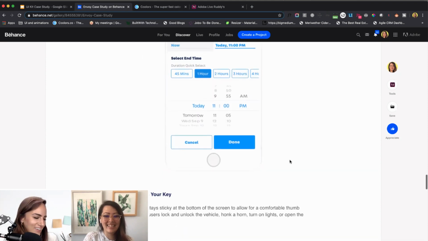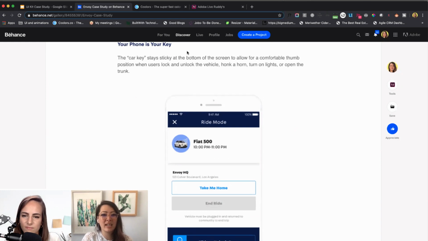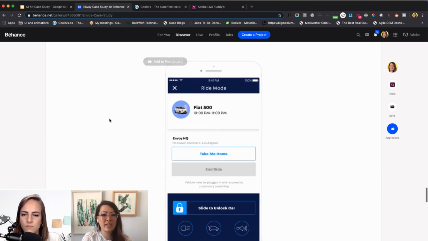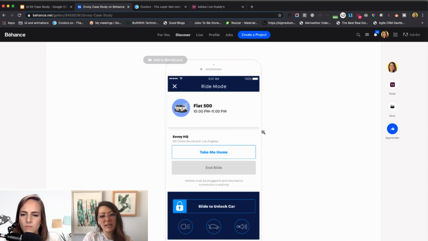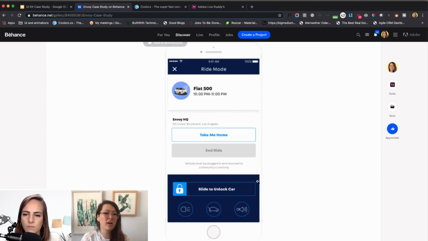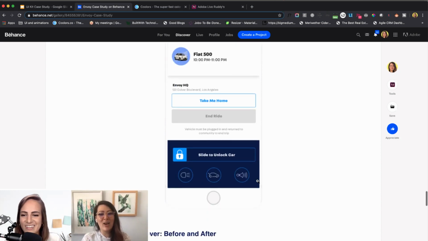Yeah, exactly. So here I'm just putting out a bunch of features. Again, I wish this was on the left side or the right side so I can see it side by side. I don't like having to read this and scroll down to see the full screen. And if I do have a full screen like this, I like when people have a little line here and point out, I did this because of XYZ, or most users felt this. So give me some context, why you created the screen, and some of your thought process here. It looks beautiful, but I'd like more description. Just being beautiful is not enough anymore, right? We gotta think about the brains behind the beauty.